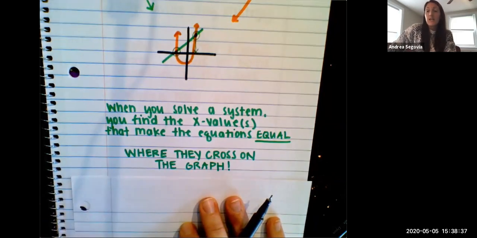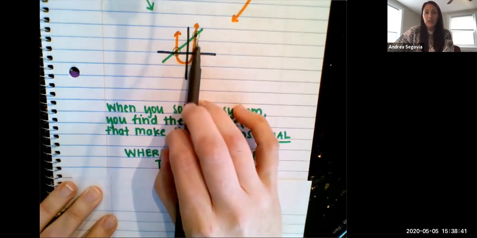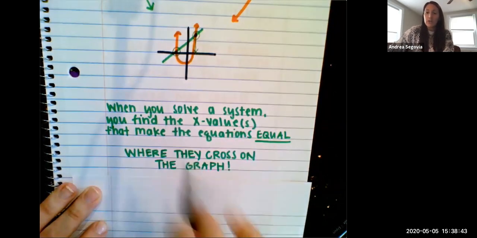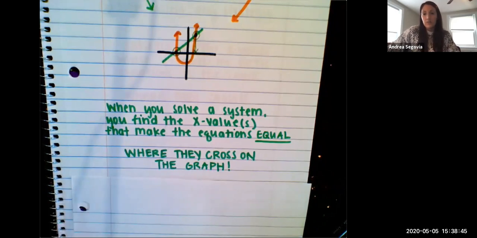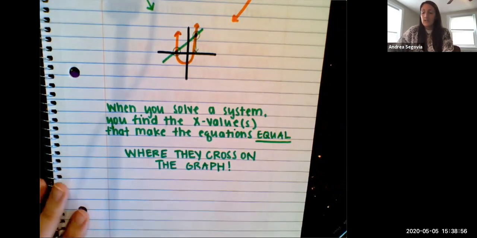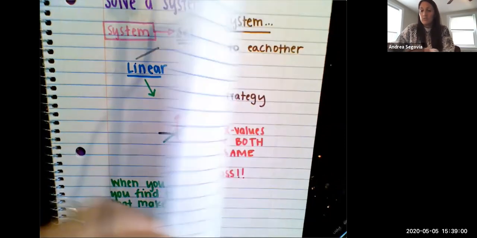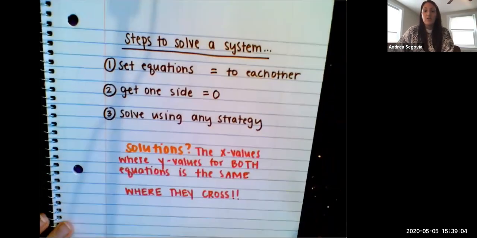So if I was able to graph my system, I could find where they cross and look at that x value. We're going to learn how you can solve a system of equations without graphing, but by using some of the strategies we've talked about. Now, we do like to give you some helpful tips and steps in a process that make this a little bit easier. So we would highly recommend that you write this down because we're going to share 3 steps with you